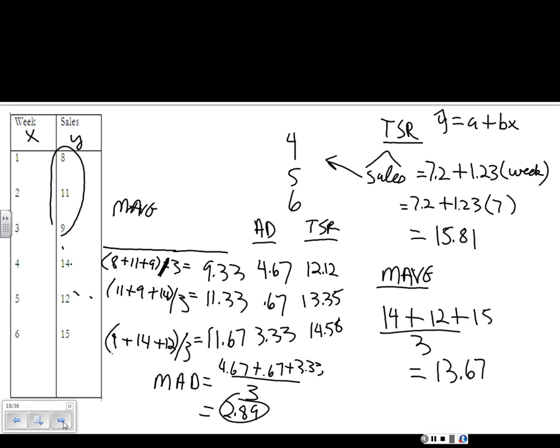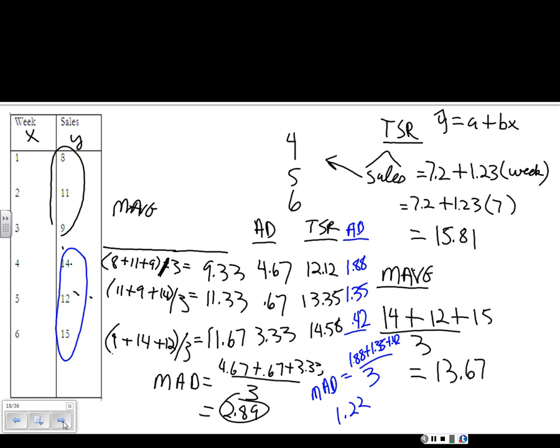And then I'm going to get, again, the difference between each of those and the numbers we actually ended up getting. So the ADs here are 1.88, 1.35, and 0.42. So this last one, for example, is 15 minus 14.58. And then the MAD for the time series regression is equal to 1.88 plus 1.35 plus 0.42, all of that divided by 3, and that's